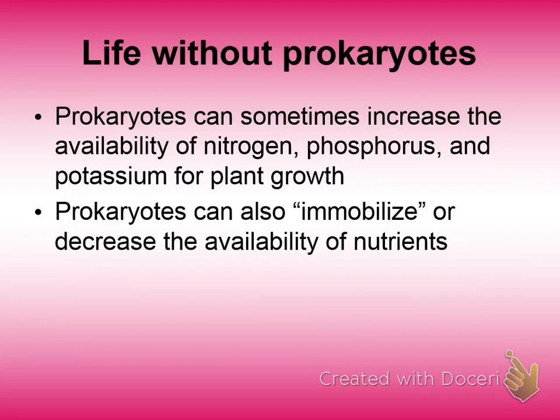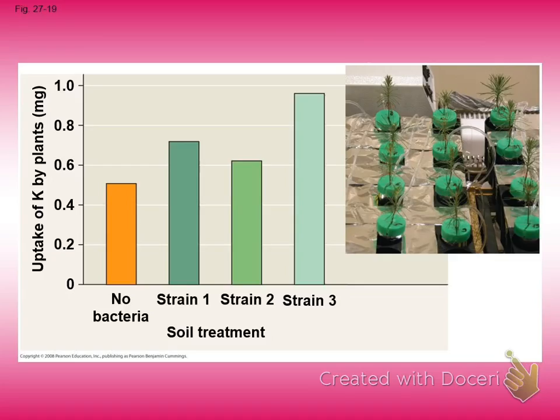So we have prokaryotes that increase the nitrogen, they help with nitrogen fixing, phosphorus, and potassium for plant growth. That's when you go to the store and you buy some fertilizer, it has different components in it. And the bacterium normally do this. If you can leave a field empty for a few years, it will replenish itself. But most of the fields in Iowa have been farmed so long that there's not really much happening in the soil. They're pretty much dead. You don't have the bacteria growth that we used to have in the soils.